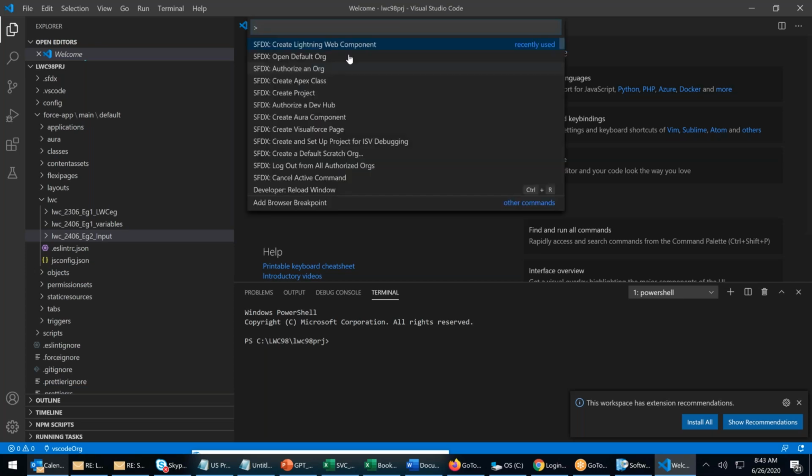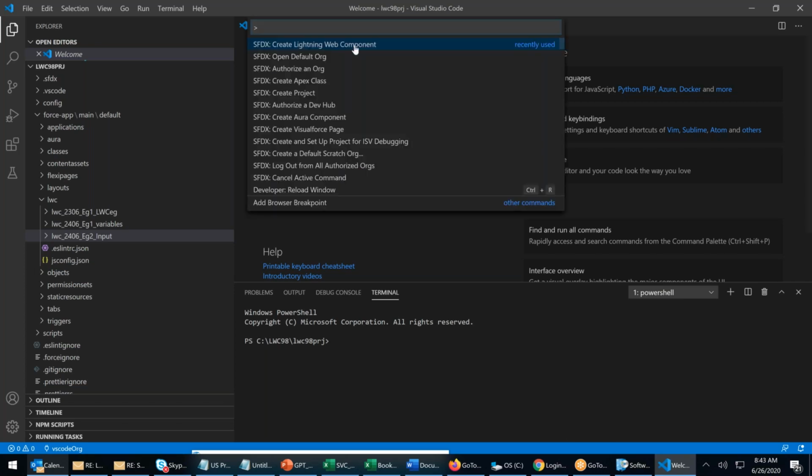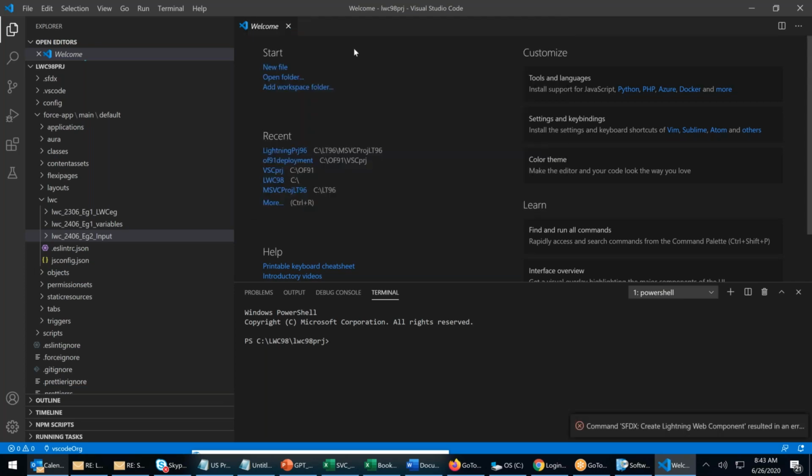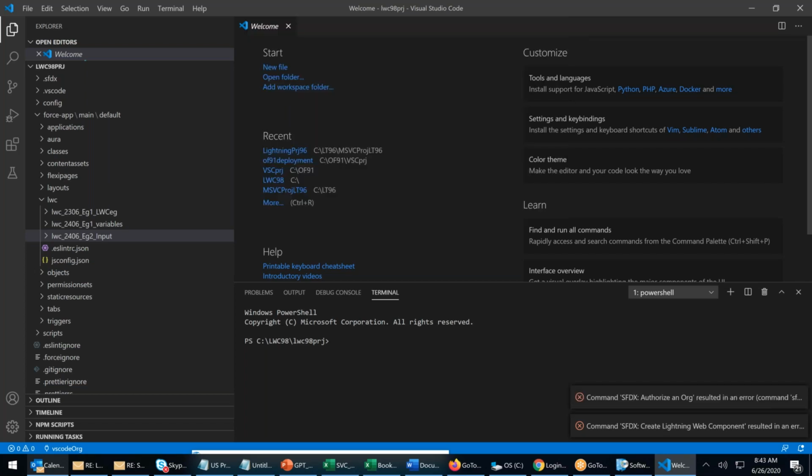Control Shift P, create a Lightning Web Component. I'm waiting for the command to execute. Looks like there is an error. Once again, Control Shift P, create a Lightning component. The SFDX command resulted in an error. Control Shift P, authorize an org.